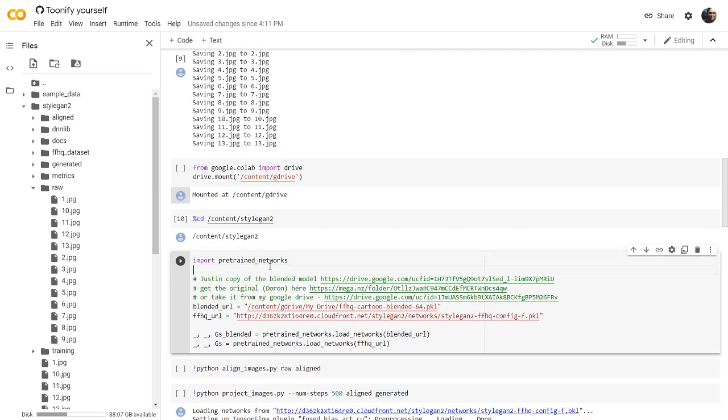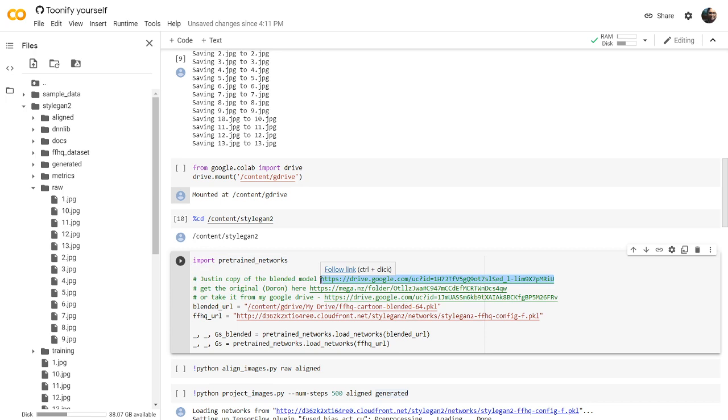In this cell, we'll be getting all the pre-trained networks from the authors, where they stored everything in their Google Drive or Mega Drive. You can use any one of these URLs to get the original blended network. You can use this one, which is generated by Justin. But due to some technical issues, you cannot download that from Google Colab.